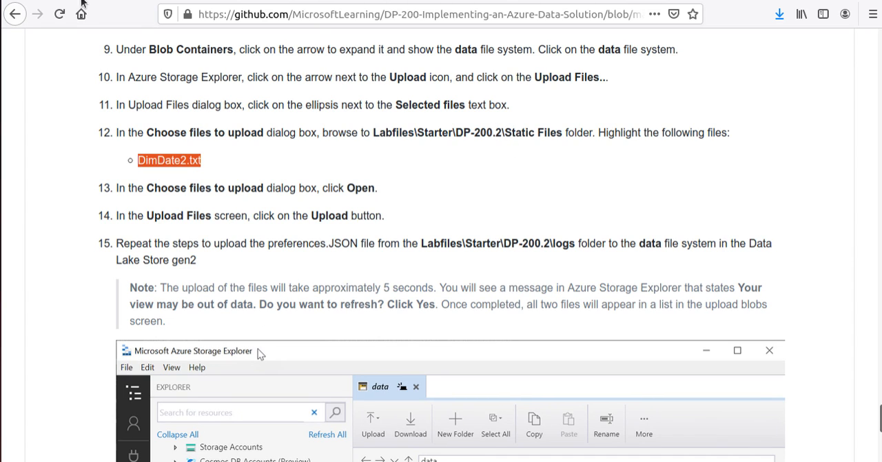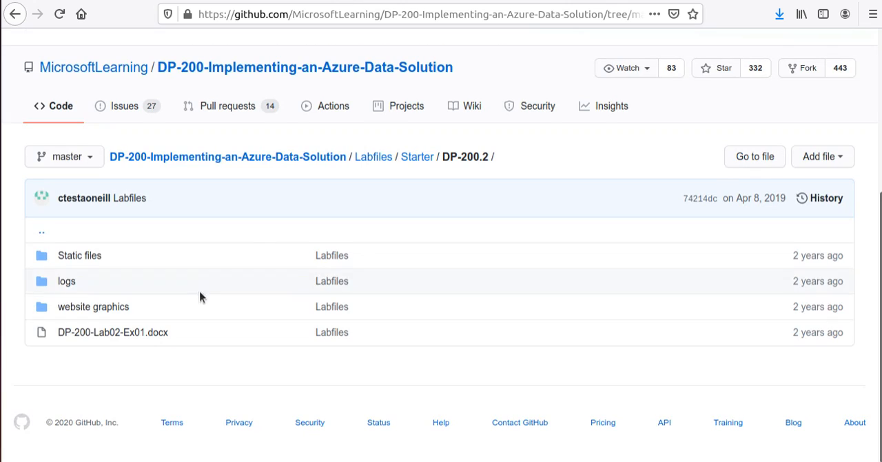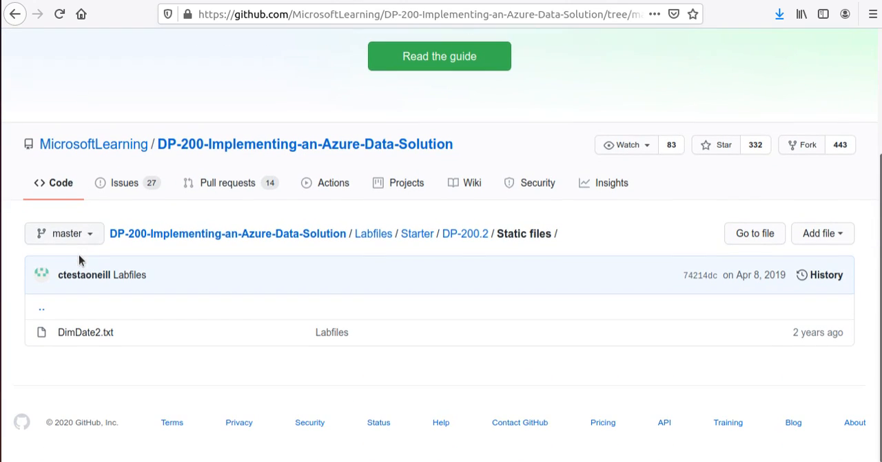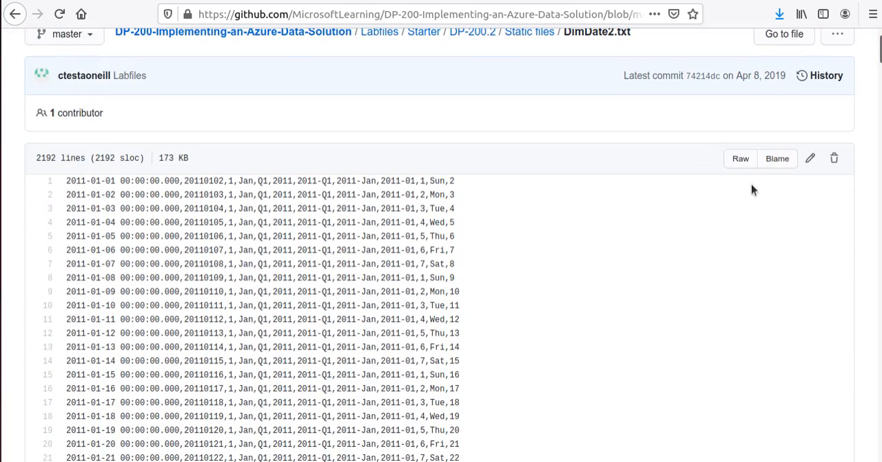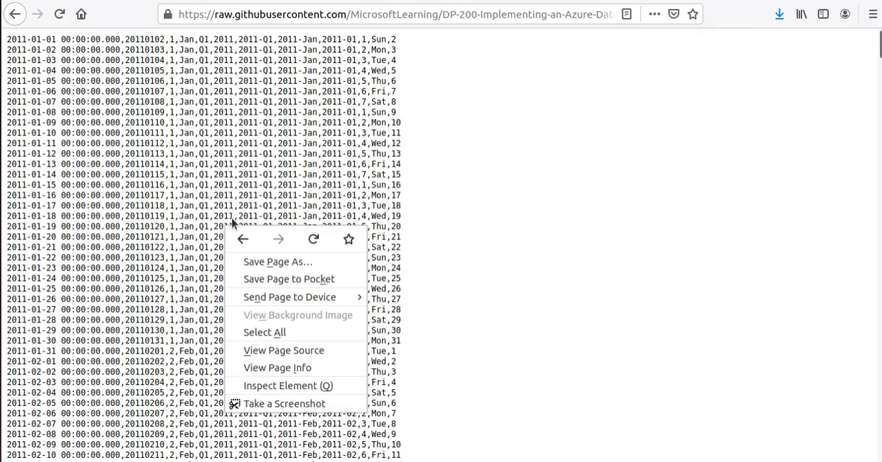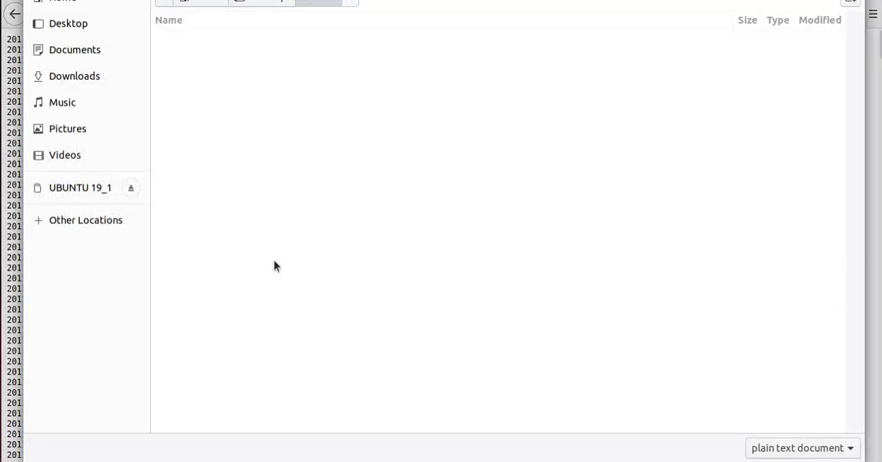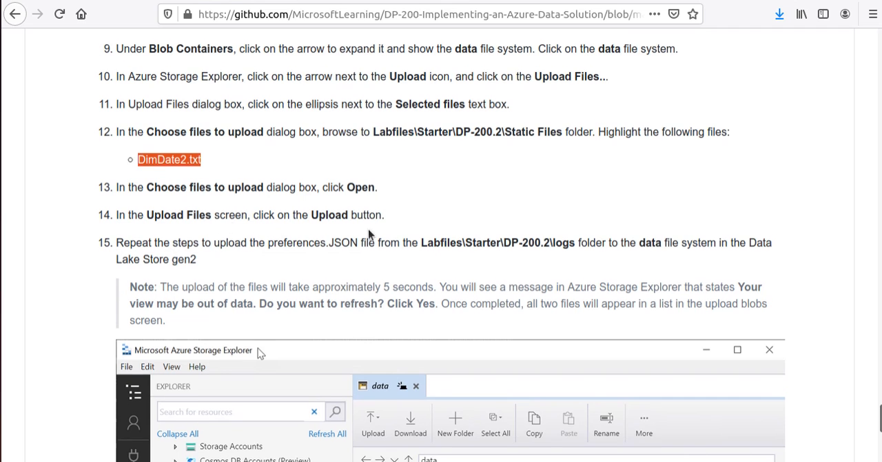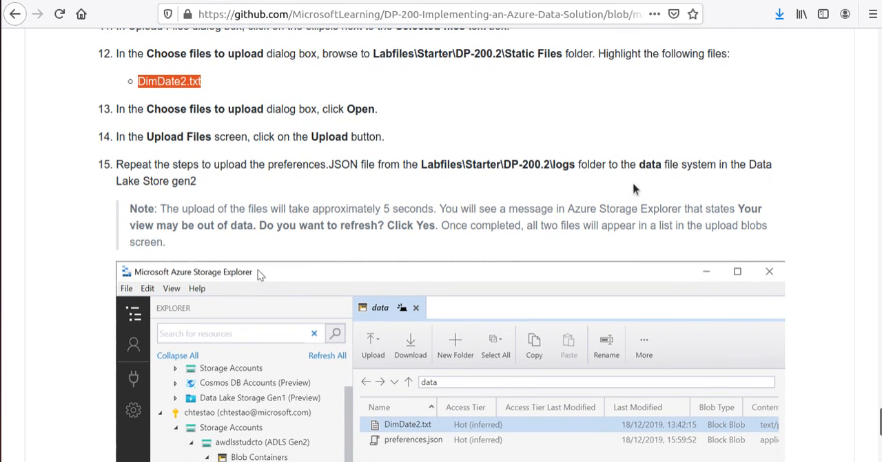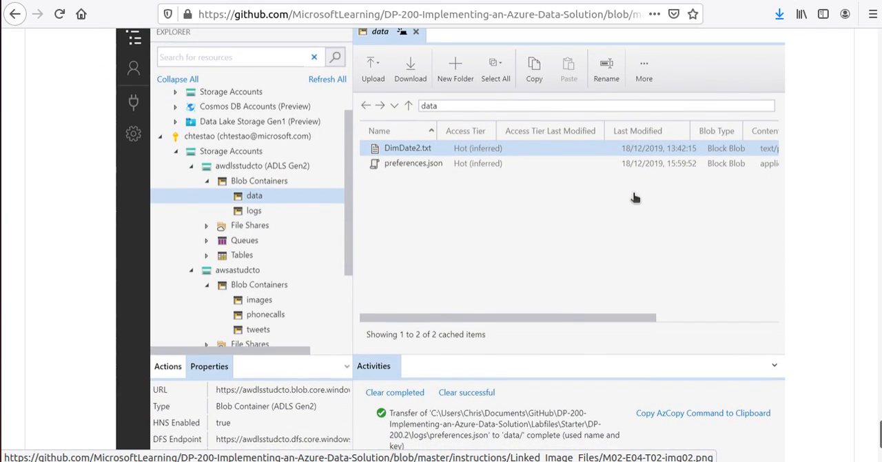Under the static files, I should have a data file. So let's go under the static files, and here's the data files. Let's just click on this one. Again, I'm going to click on raw, and I'm just going to save and put in the same place. Come back over to the lab. So we want to upload that inside the data folder, and